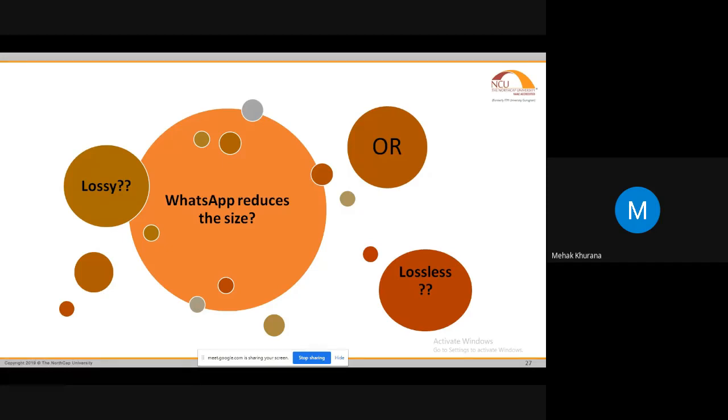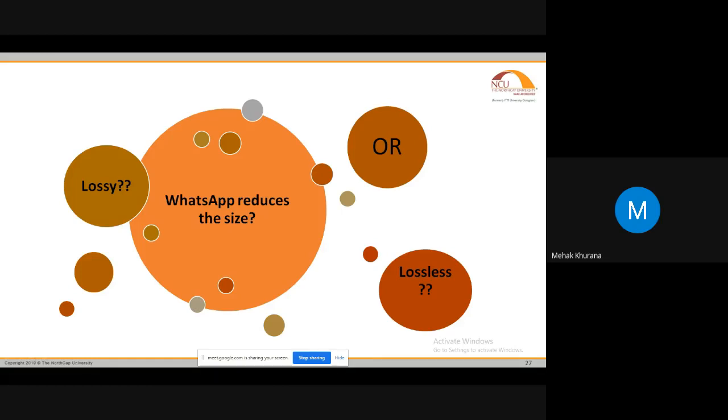The size reduces to such a small level. And whenever we are sending an image through mail, you might have tried sending an image through your phone, it always gives me options. You want to send the actual size, the large size, the small size, or the medium size. There are different options given to me, so I can select any option, and if I select the actual option, it uses the lossless compression technique. But when I use WhatsApp to send an image, it always reduces the size, and I will not be able to recover the original image because the size has been reduced.